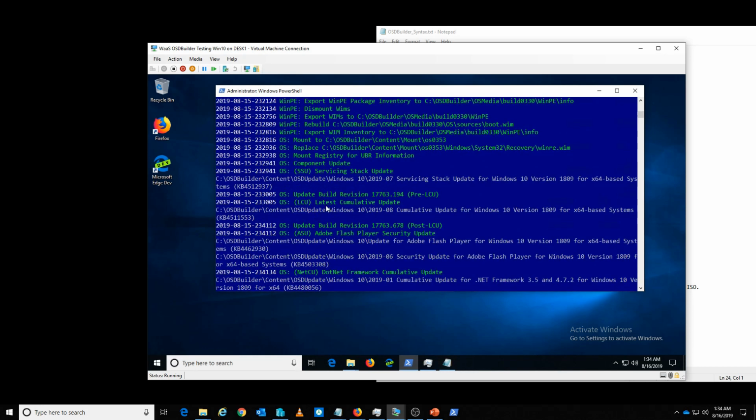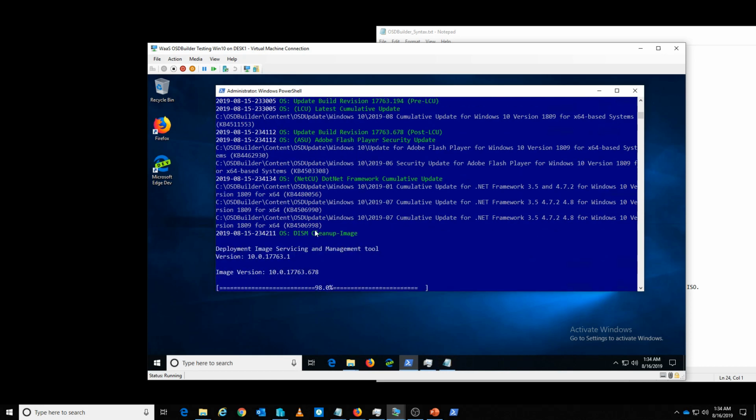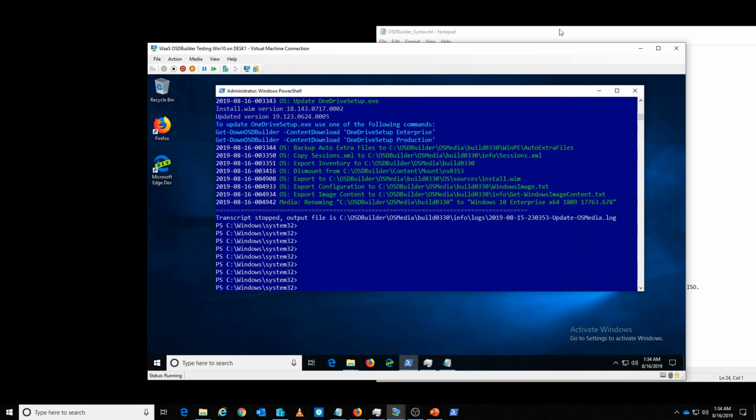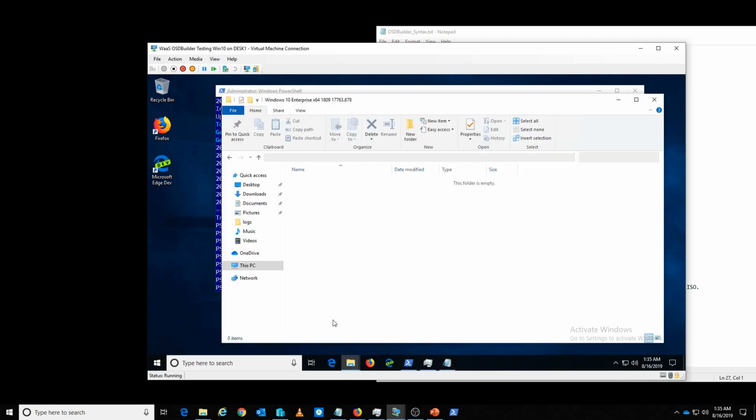It mounts the WIM, the directory that it pre-created. Then it starts to apply these updates. The next command that we'll run will be the New-OSBuild command, and this will essentially, if you look in the directory